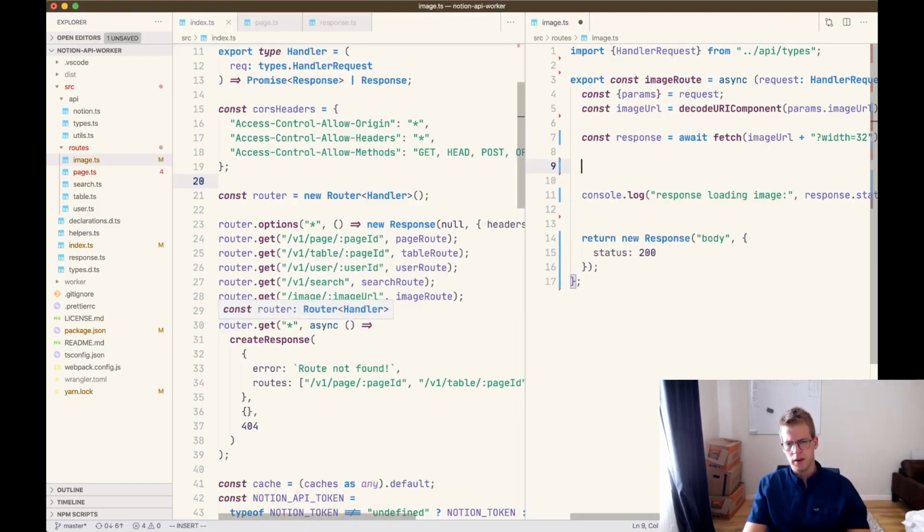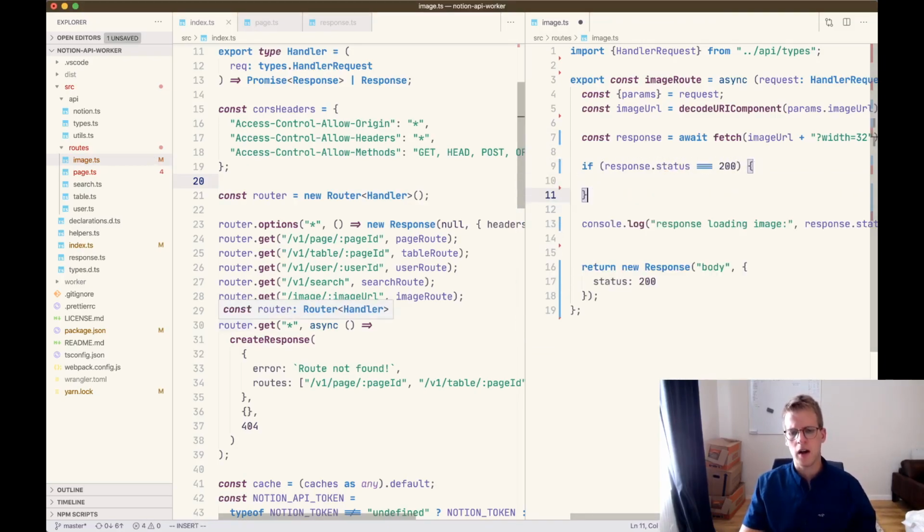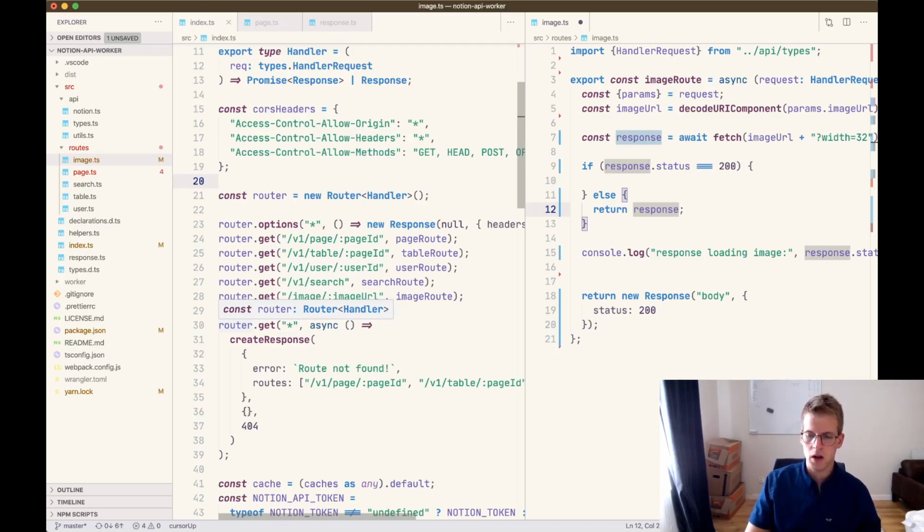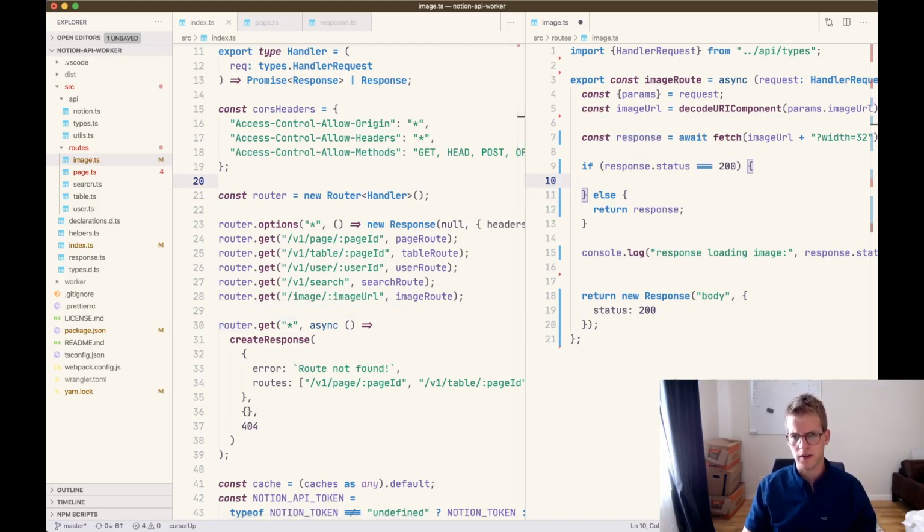So let's just do if condition, if response status equals 200. And if it's not, what I want to do here is just return the response that I received from my original location. If it returns an error, I'm just going to return the same error to the user. So if this was successful,